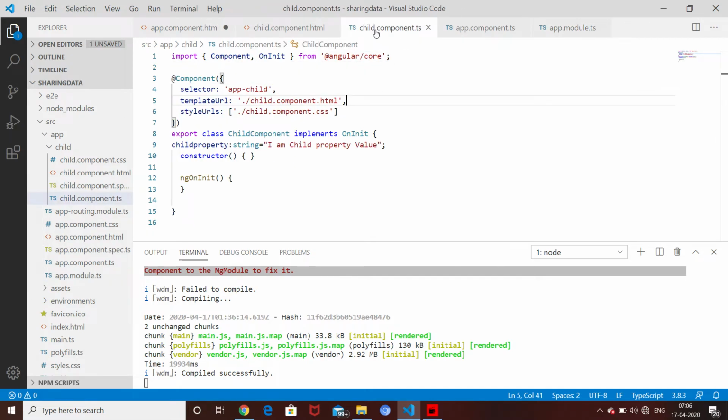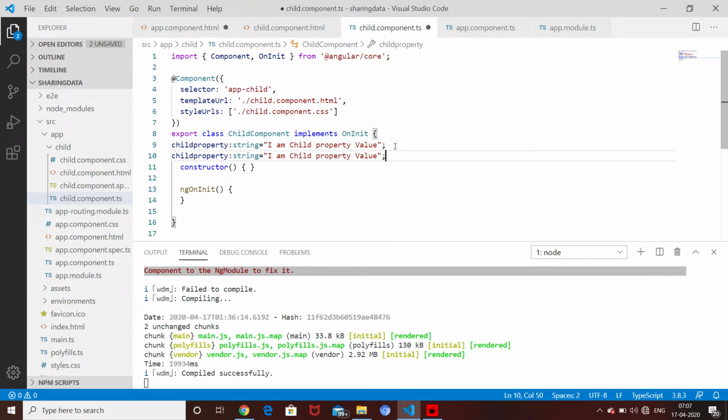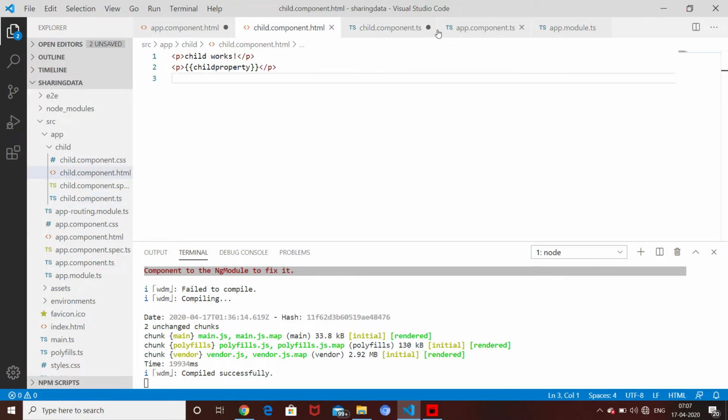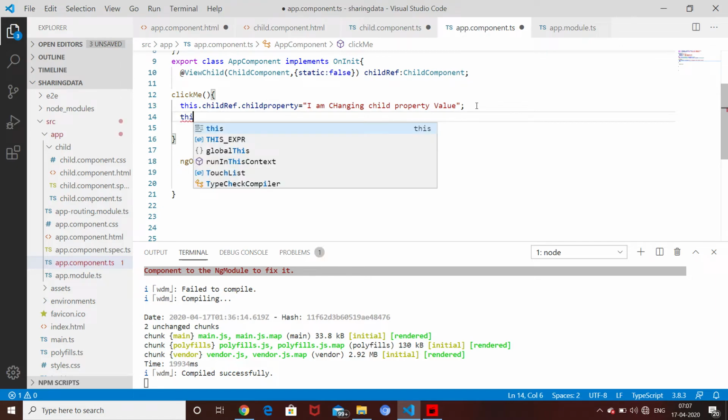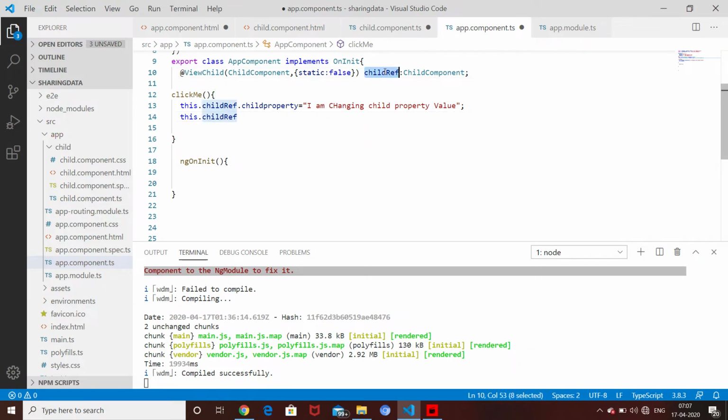So just write down your viewChild, whatever the component, just write down your properties. For example, you want to change one more property or multiple properties, you are writing, so just write down multiple properties. You can take one more property also, it works. Okay, same, property 2 I am writing here, and then go to your app.component.ts file. Here inside of that method, whenever the action click on button, at that time you are changing the information, right? So just change here child ref, whatever the reference name you gave, that reference name dot,